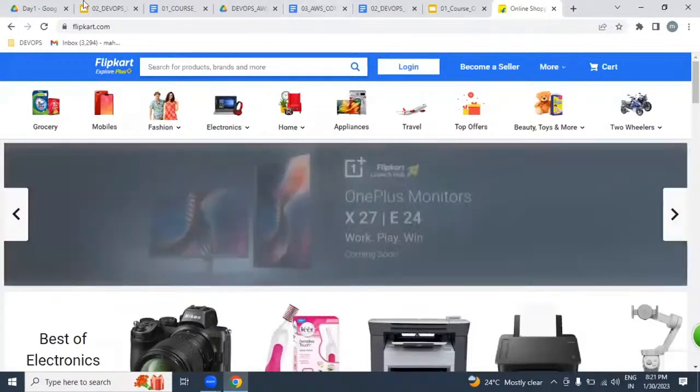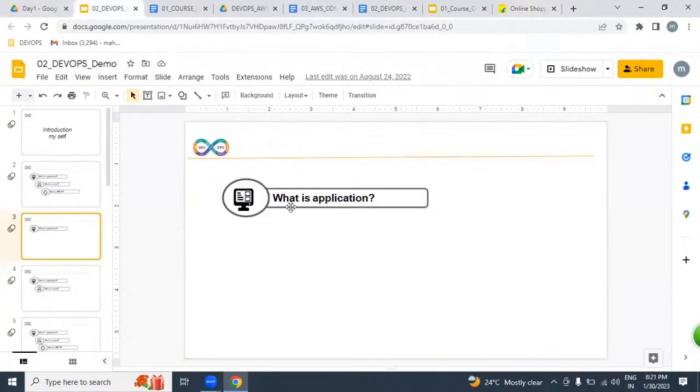Any website, we are calling as what? Application. But if you ask me for a definition: the working software which is written in any programming language like Java, .NET, Python, we call an application. Our understanding is that an application is equal to a website.